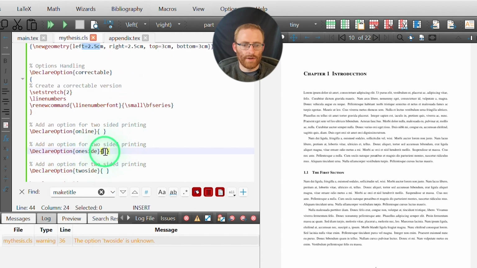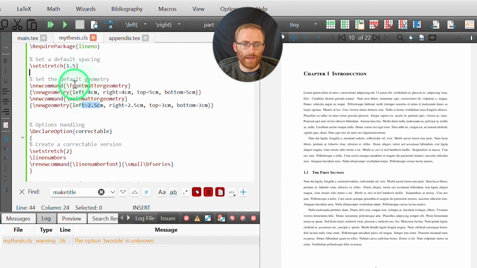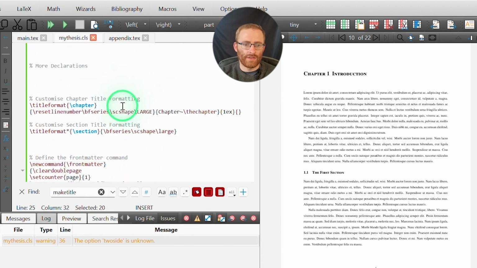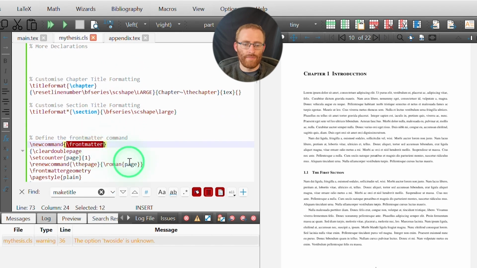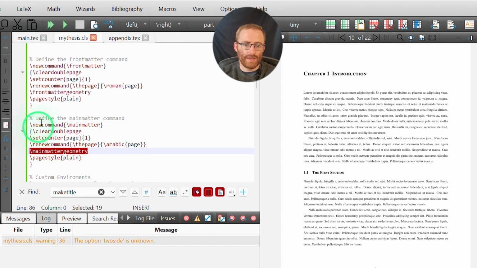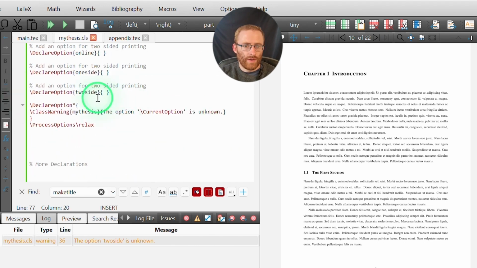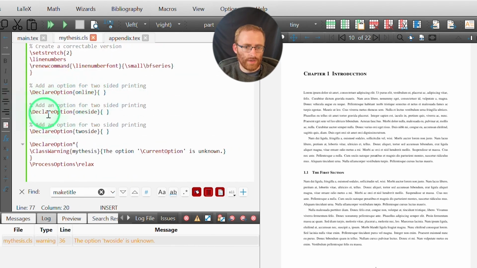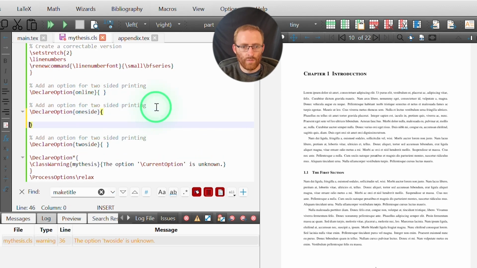So when we declare the one-side option, I can now redefine our command front matter geometry, and as a result, when the command front matter is run or the command main matter is executed in the main.tex file, the commands here, main matter geometry and front matter geometry, will have the correct definition for those options of one-sided or two-sided. So to finish this off, I'll come up here to the one-side option,